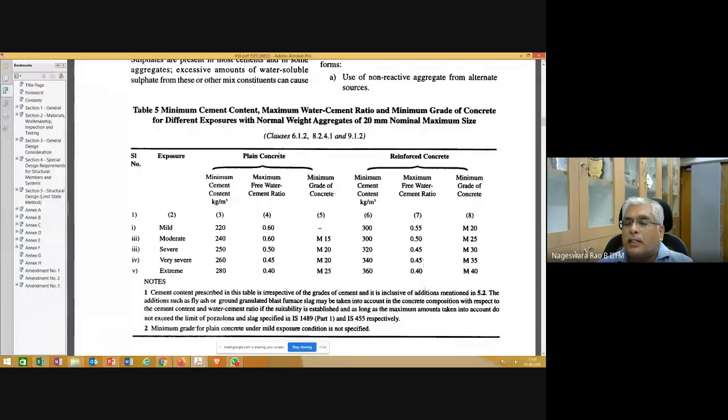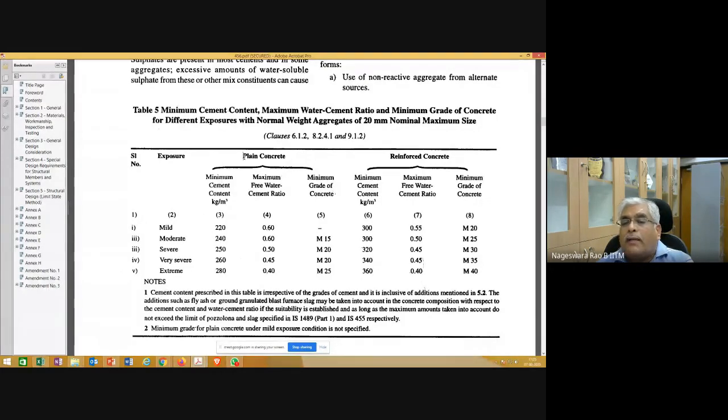In some situations we don't need to provide reinforcement, like in the foundation, when you are preparing the bed for laying the reinforcement and then later the foundation. Anyway, there are some situations where you will be using plain concrete without reinforcement.